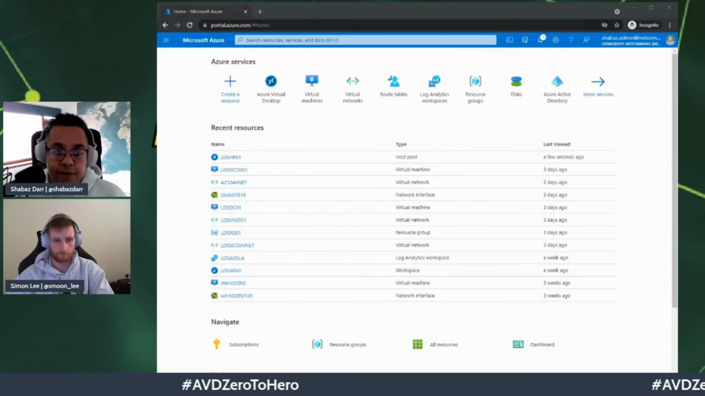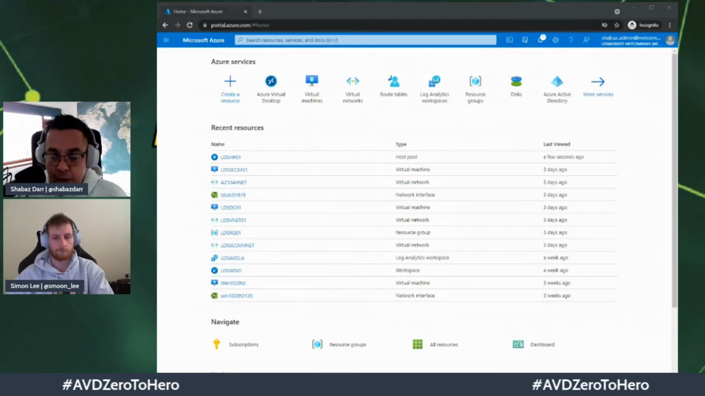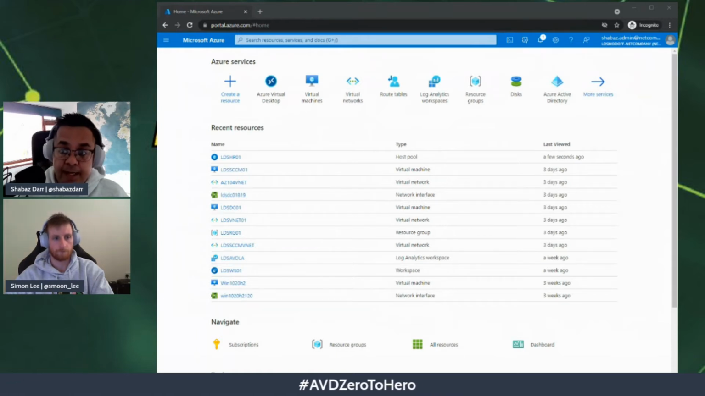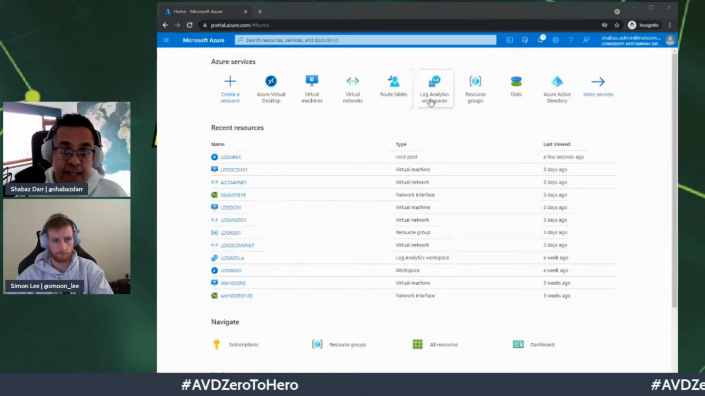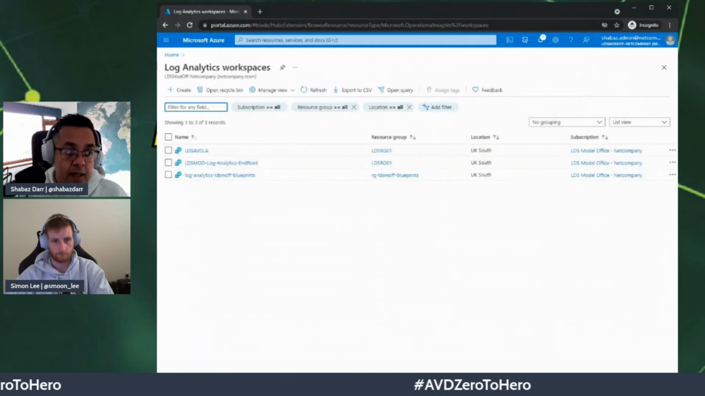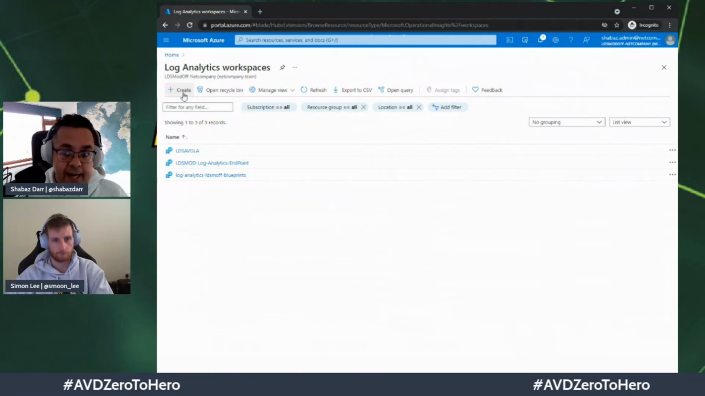Welcome back, Simon. So here we are in the Azure portal. The first thing we're going to do is create our Log Analytics workspace. As you can see, it's in my menu already, so I can just click on that. Here I've got various ones already that I've been using for testing. If we click on create,